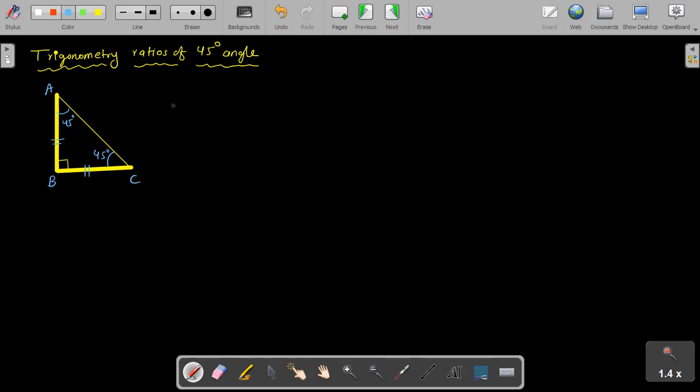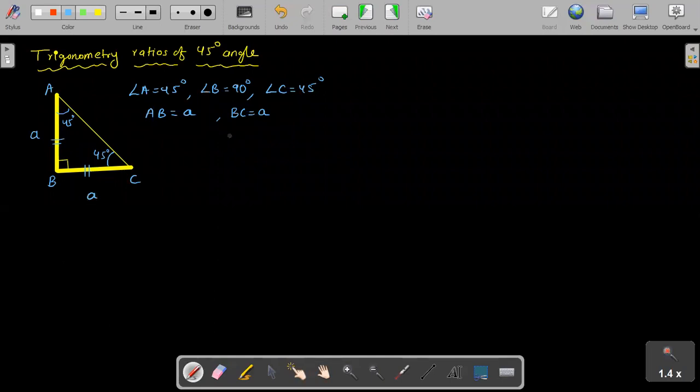Now what things are given to us, I'm going to write here first. Angle A is 45 degree, we already marked. Angle B is 90 degree, already marked. Angle C is 45 degree, already marked. And I am going to write AB equal to a and BC equal to a. So let me write AB as a and BC also as a.